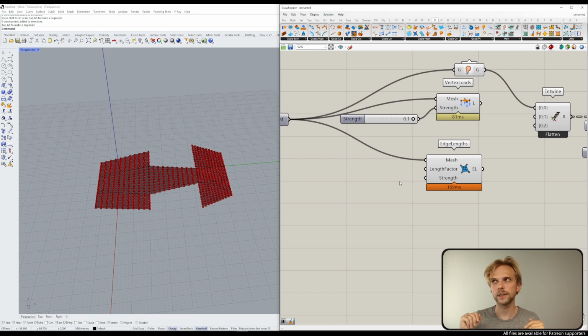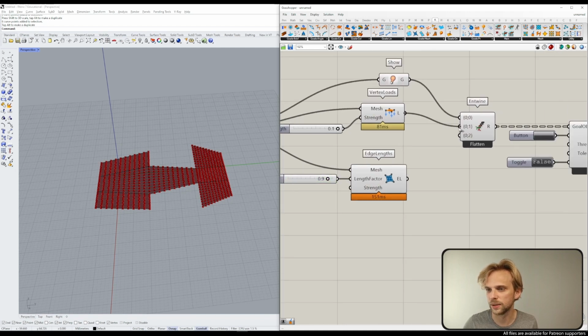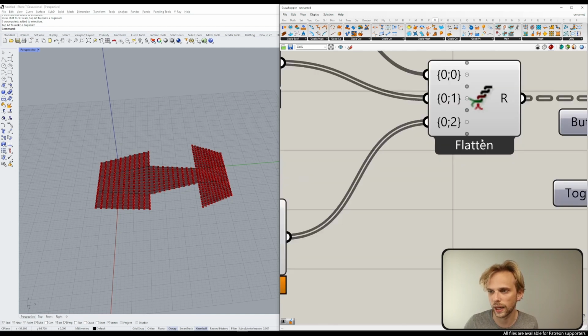But if we give it a factor of 0.9, it's gonna shrink by 10% to 90% of its size. So I'm feeling 0.9 is the way to go. And let's connect the vertex loads as well as the edge lengths to the entwine